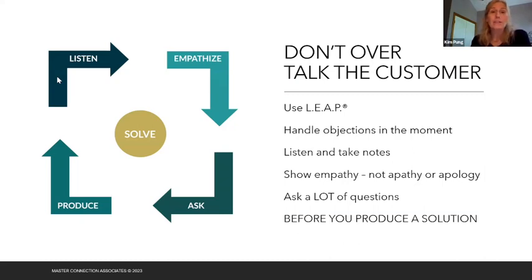Listen to them and take a lot of notes. I don't remember what I said 5 minutes ago. I surely don't remember what you said 5 minutes ago. I would never remember what most of you said, even back to the beginning of this webinar, if I didn't write it down. I wrote down all the objections you had. I wrote down the things that you said as we went back and forth with our conversation, because then I can go back and refer to that. The same way with our customers. We want to take notes on what they're saying.